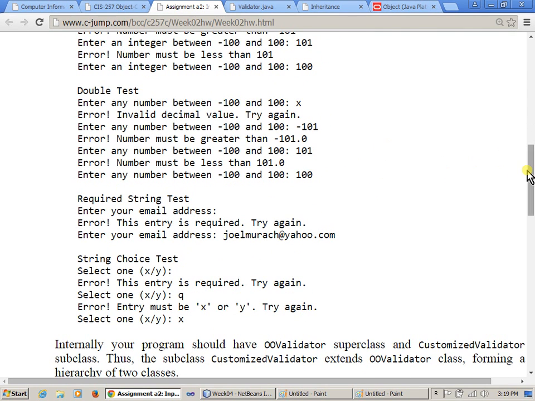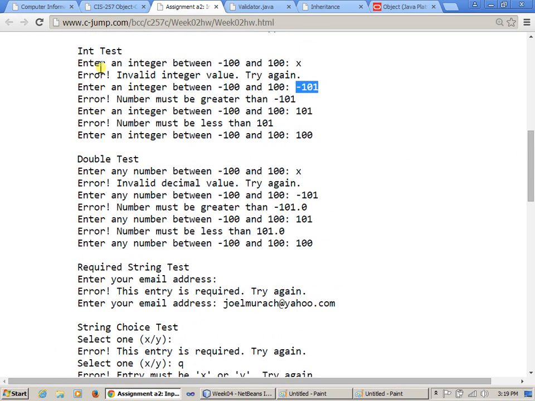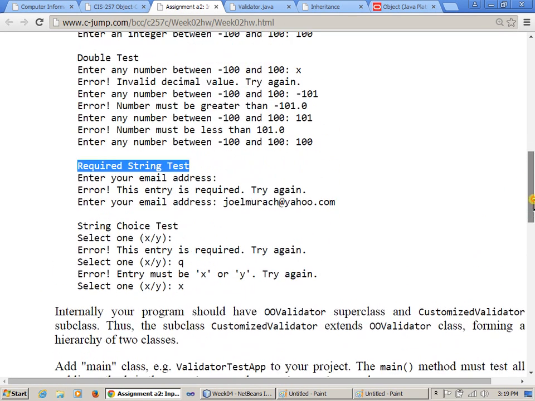So it does a series of tests for integer input, for double input, then for required string input, and this is pretty much the user interface, and there's also a set of choices for us,